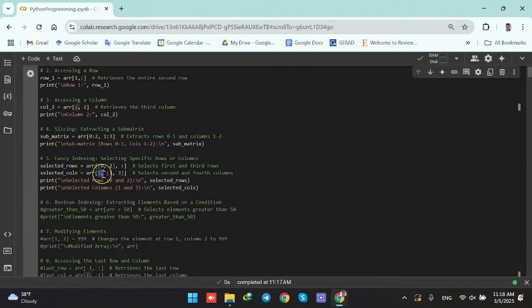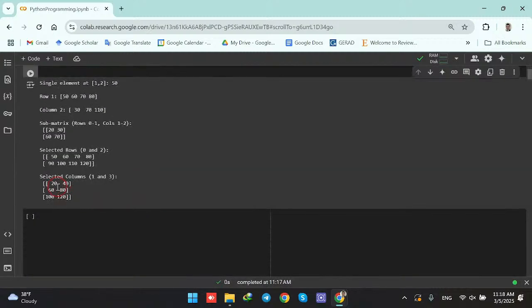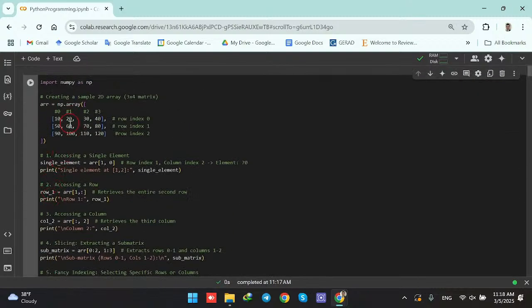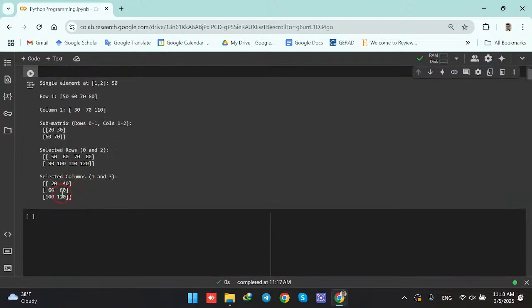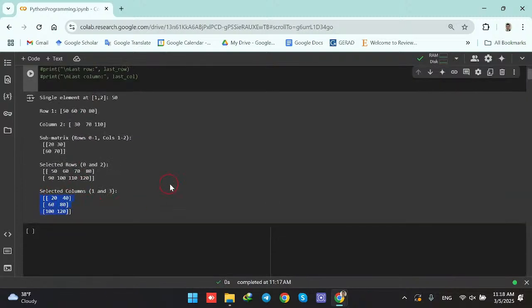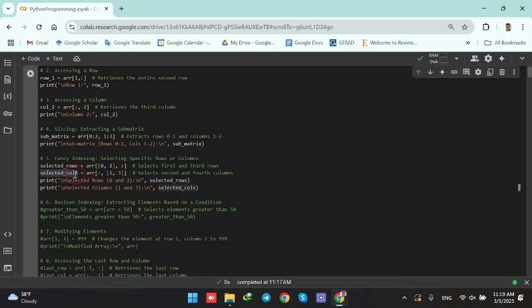First we start with colon and comma, then in a square bracket we specify the index of the columns that we would like to extract, and all of them are assigned to selected columns, and we are printing selected columns. So we see 20, 60, 100, 40, 80, and 120. So the selected columns are extracted and assigned to a new matrix, and that new matrix is being printed in